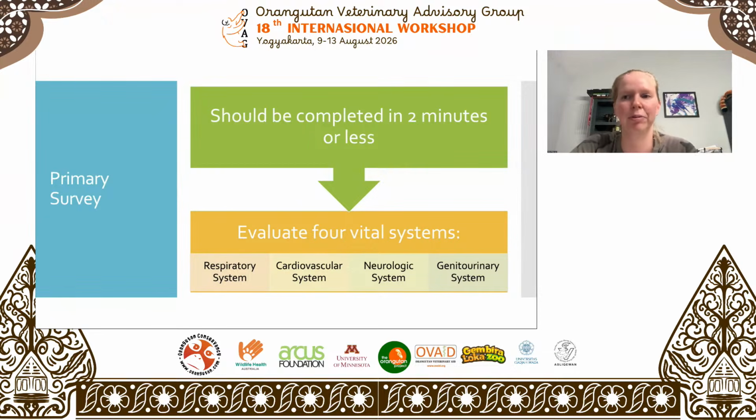But weirdly enough, even though our brain and our neurologic system is really important, we look at our neurologic system after our respiratory and our cardiovascular system, because our neurologic system is not going to look normal if we don't have a normal respiratory system and we don't have a normal cardiovascular system. If we're not getting oxygen and we're not getting blood flow to our brain and to our spinal cord and to our nerves, then our neurologic system is going to be abnormal. So after looking at our respiratory system and our cardiovascular system, we're just looking to see,